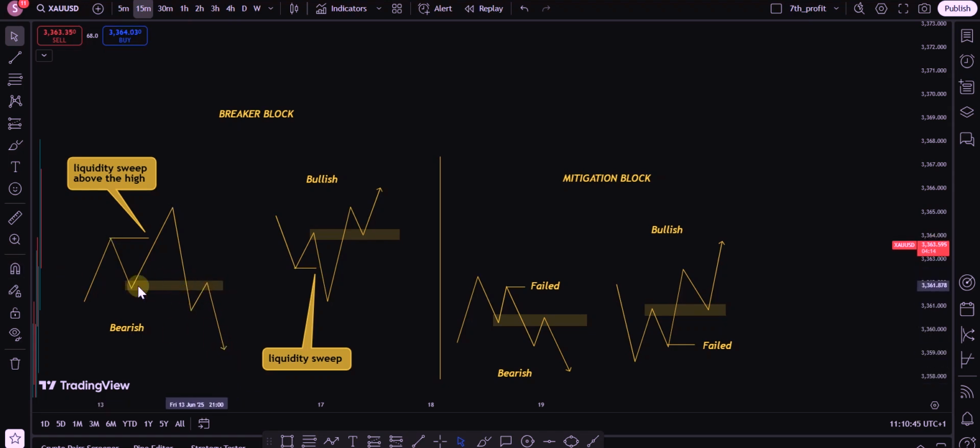Now, why does this demand zone fail? It could fail for many reasons, including a shift in market structure. As we see here, we have a shift in market structure, right? It could be because price is overvalued or undervalued, right? Or it could be price tapping into higher time frame key levels or areas of interest and the like. You understand? Good. So the same thing applies for a bullish breaker block,